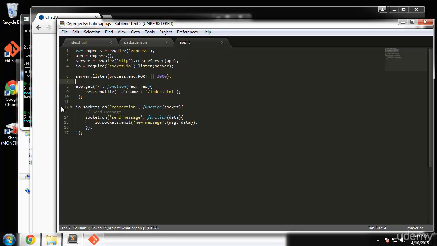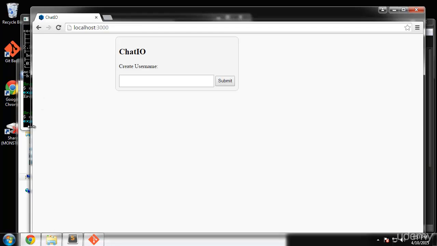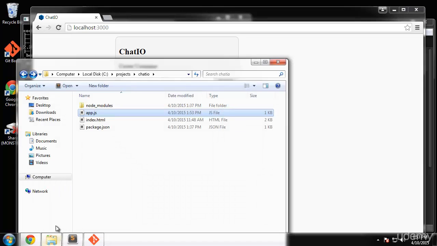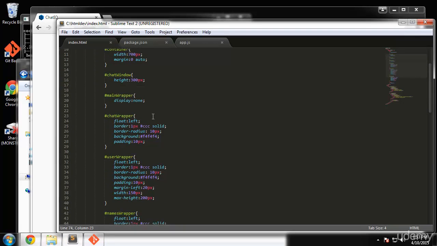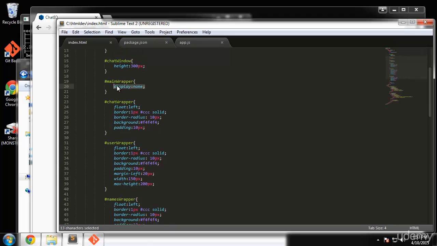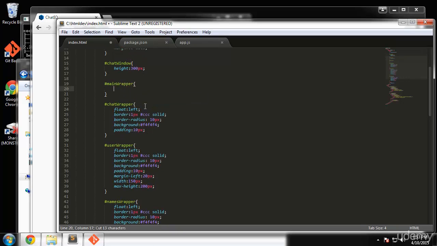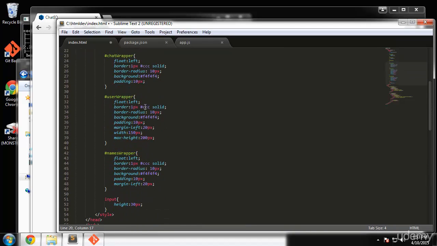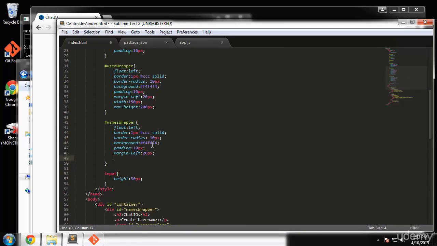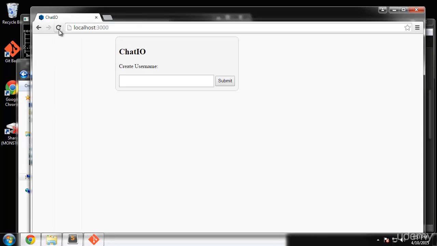Basically right now I just want to see if we can just get messages going, not the usernames yet. So I'm going to have to just take this off for now, and we can do that in the HTML file. I'm going to take display none off of the main wrapper, and I'm going to put it on the names wrapper. So that way,